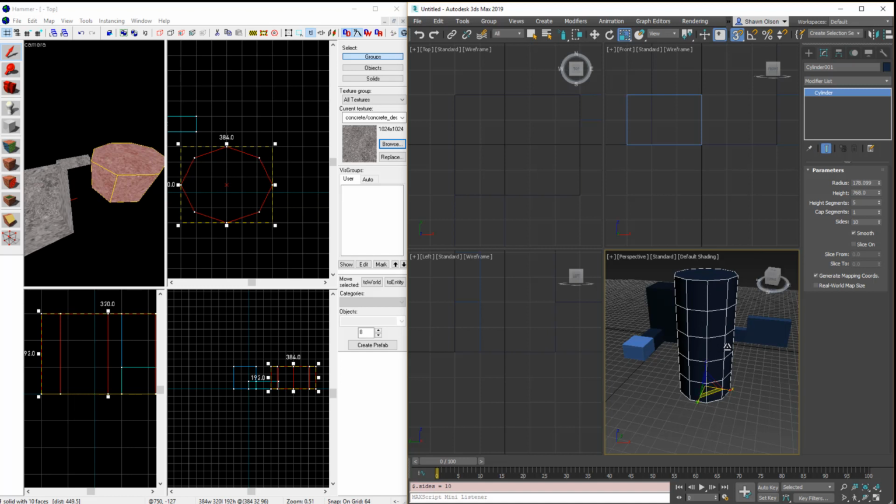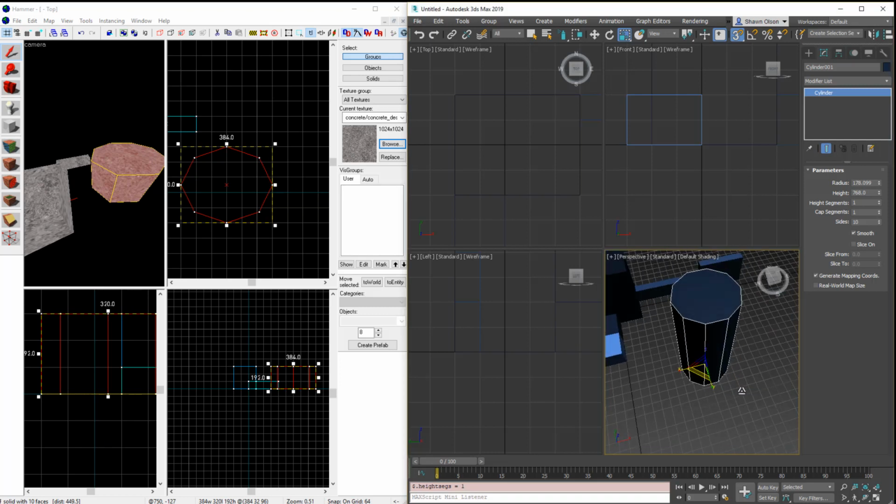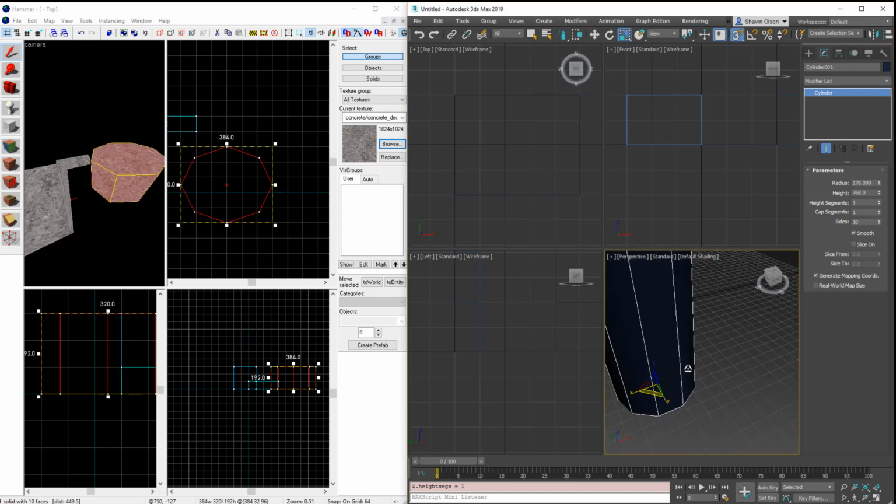And there's another thing on here called height segments, and this is going to be an important thing for our level design purposes, especially when we're making brushes. We need to get rid of these height segments. So you'll see as I bring this down, we get rid of all of those. And that's because brushes can have no coplanar polygons. We need all the polygons to be one polygon per plane on our object. So now we have this cylinder here,